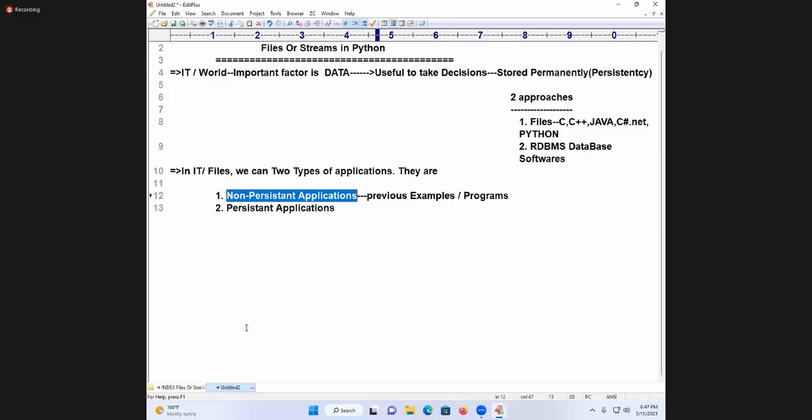Such a type of flow is a stream. S-T-R-E-A-M. What is a stream? Flow of data. An object of main memory will become a record in the file of secondary memory. A record of a file of secondary memory will become an object in the main memory.